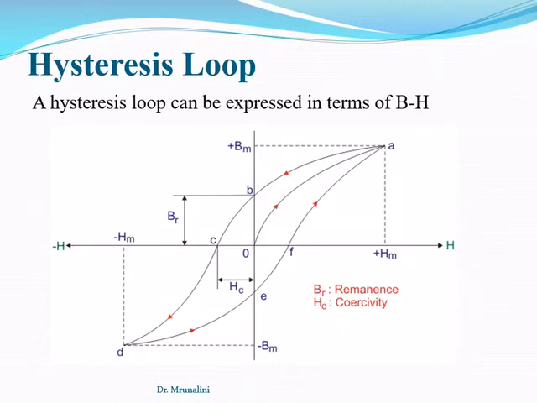As the applied field is increased in the negative direction, saturation is ultimately reached in the reverse direction. On reversing the variation of H, the curve is similarly traced, yielding negative remanence and positive coercivity. That is, OE is the negative remanence and OF is the positive coercivity. This BH curve is known as a hysteresis loop, and the area enclosed by the BH curve represents the energy loss per unit volume during each cycle.